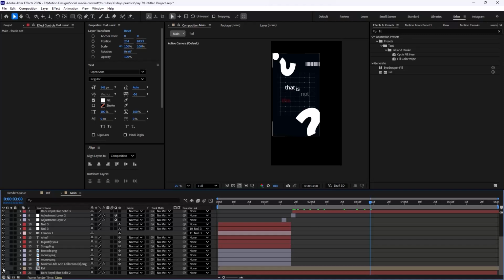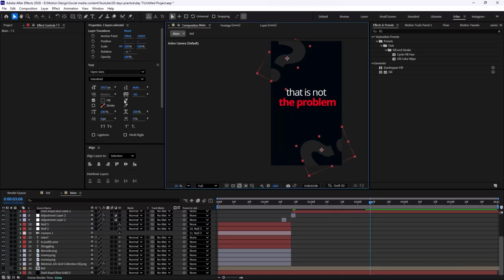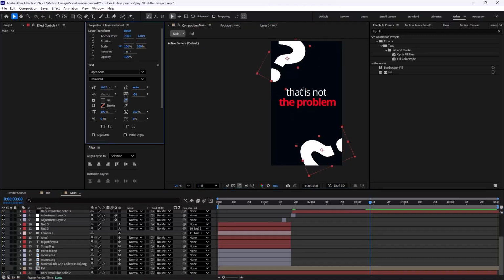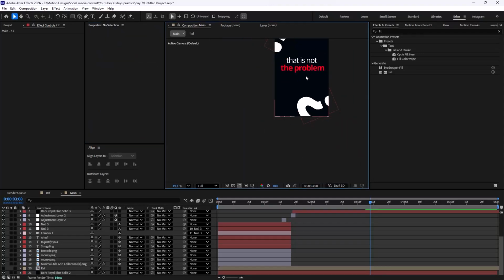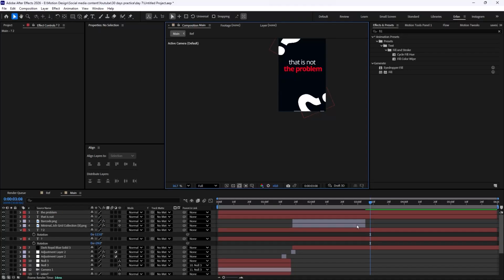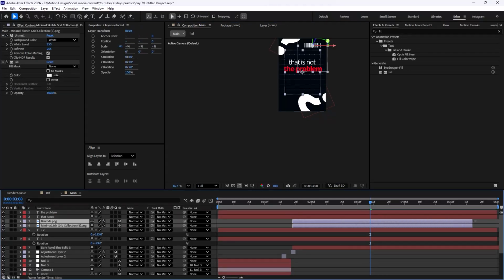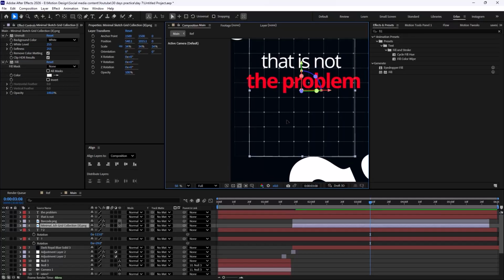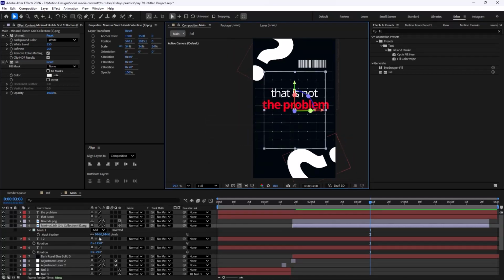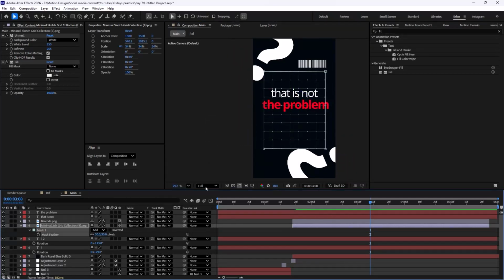So I'm just gonna select these 2 layers also. We're gonna get the white for these 2 layers as well. Okay, we have everything almost in here, and everything is set. So let's just work on this feather and make it a bit better.